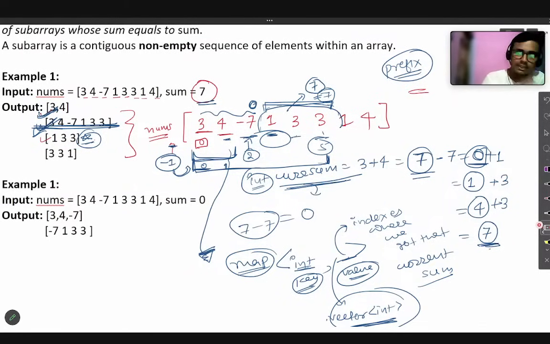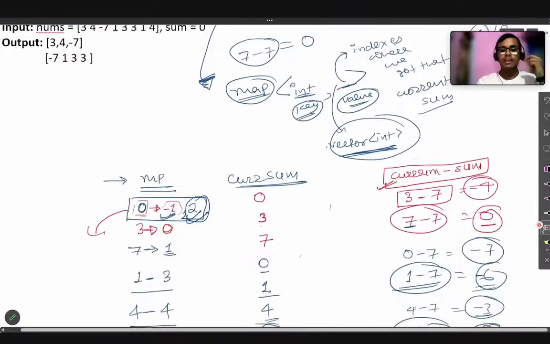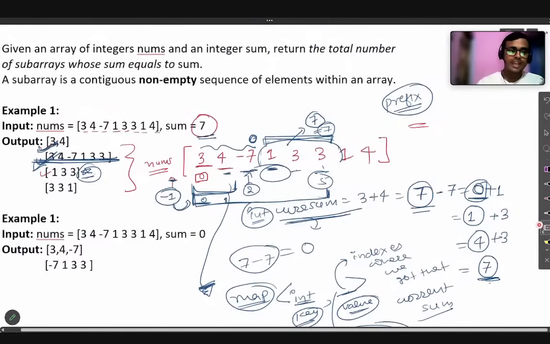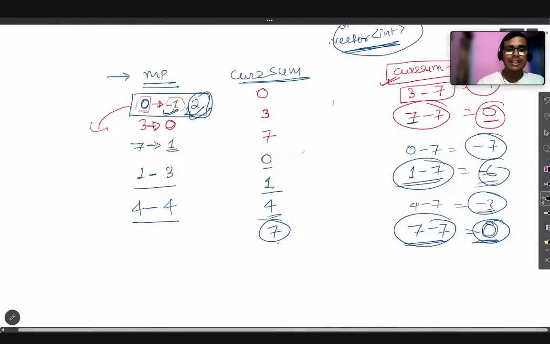Are you clear with this? Why am I using this? Now it is being paid off. You were wondering why I am using this difficult step, but it is required, because you need to find these internal subarrays also. Now you get to know why. When you reach that, you will get this value also and this value also, because you have 0 already present at indices minus 1 and 2.